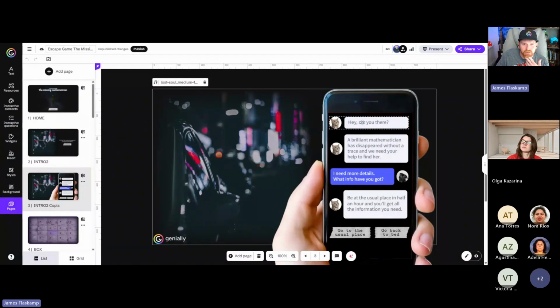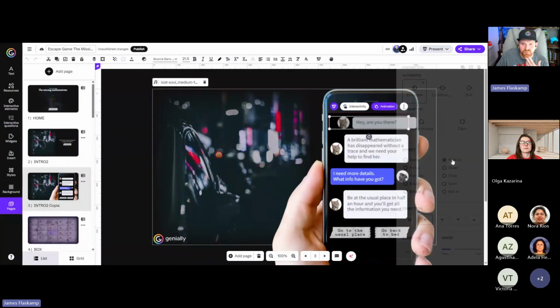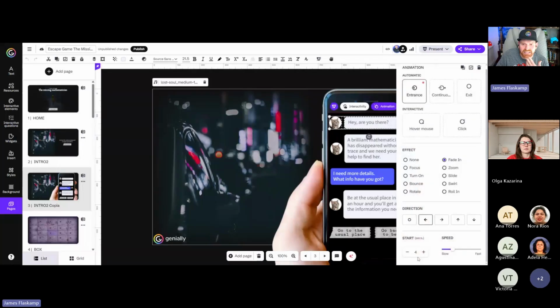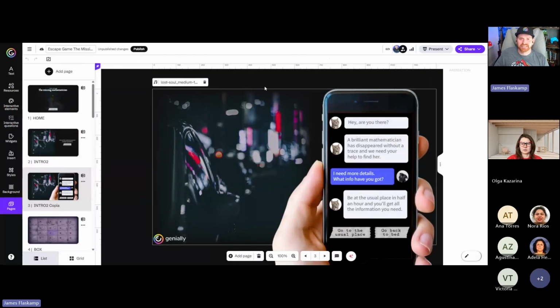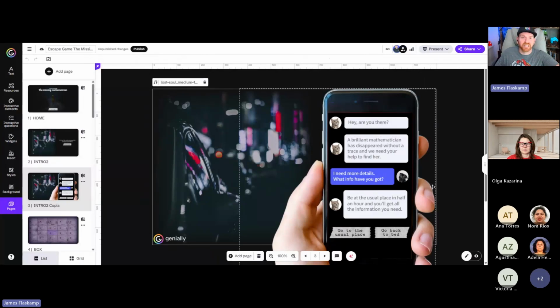And then how did these work? Okay, so this is a grouped image with a text box, and the animation is a fade in, and it faded in after 4 seconds. So what they did here was they used different fade in times to create a cohesive conversation from top to bottom. The first one comes in at 4 seconds, then notice this one comes in at 5, then this one at 8, and so on and so forth. So you can change the start time for your animations to create something like this text messaging conversation.